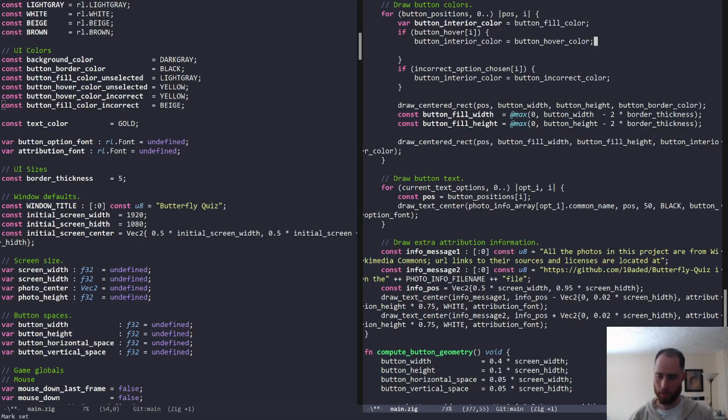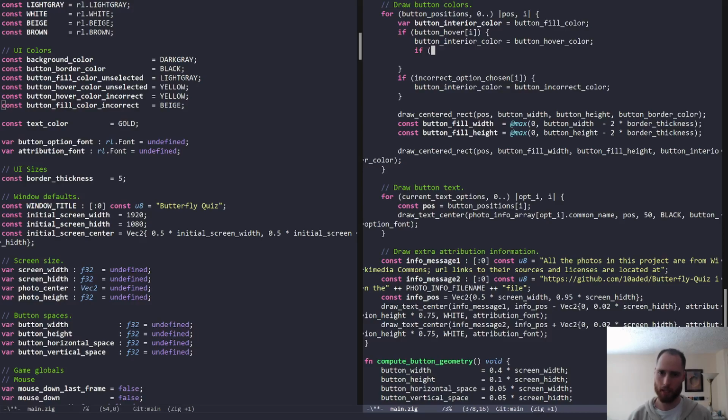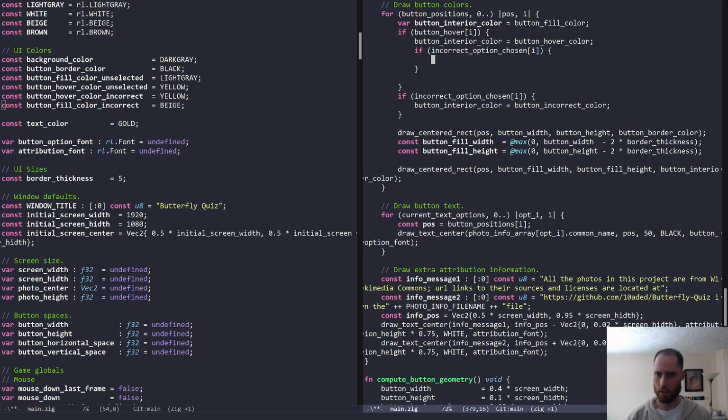So if we're hovering, make it the hover color, and then if it happens to be the case that the incorrect option has been chosen, then we instead want to make this interior color the button hover color